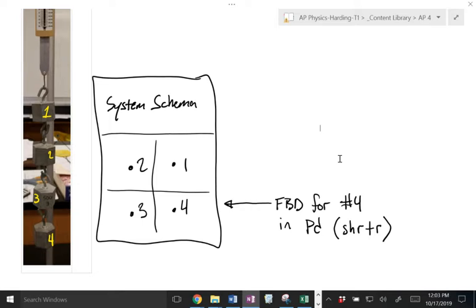So this is now the pair deck. Oh yeah, you could create the